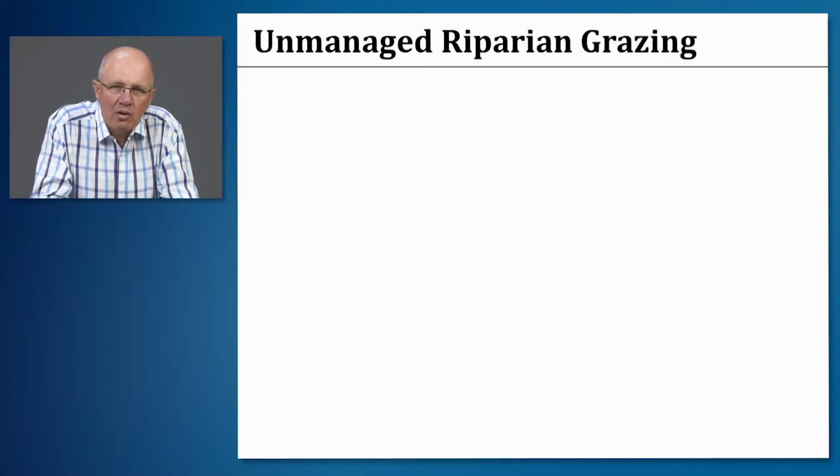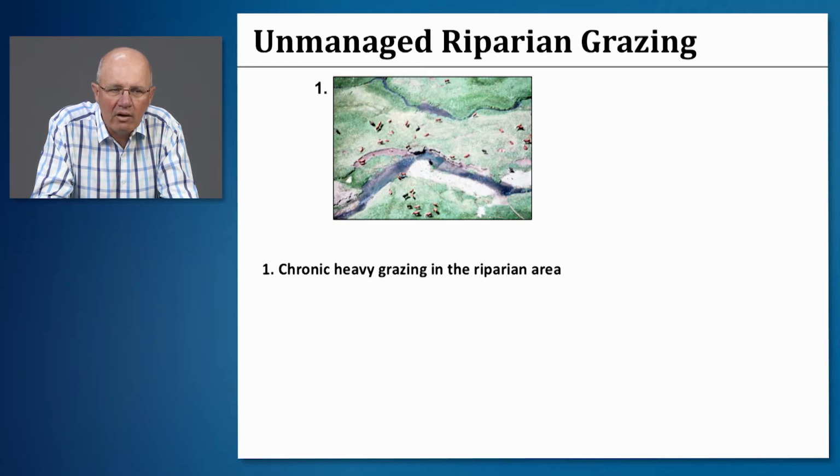When we think about unmanaged riparian grazing and the three steps or the consequences of not managing riparian grazing properly, the first outcome that can occur, the first step towards some environmental degradation, is chronic, unchecked, heavy grazing in the riparian area. Because these areas have so many resources that livestock seek in this landscape, livestock will concentrate in them and spend excessive amounts of time creating detrimental outcomes for the plant species that exist there, as well as for the stream banks and soils on those sites.